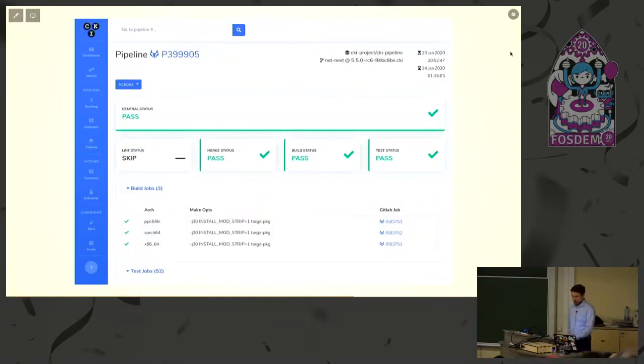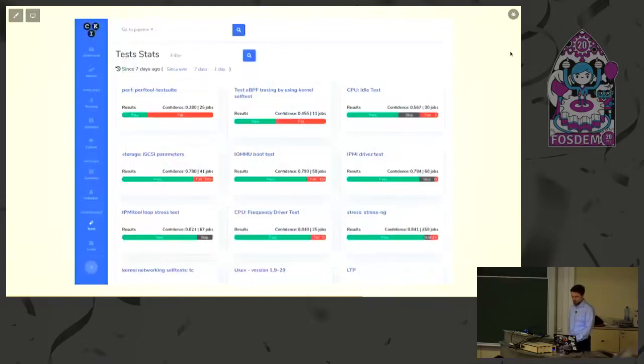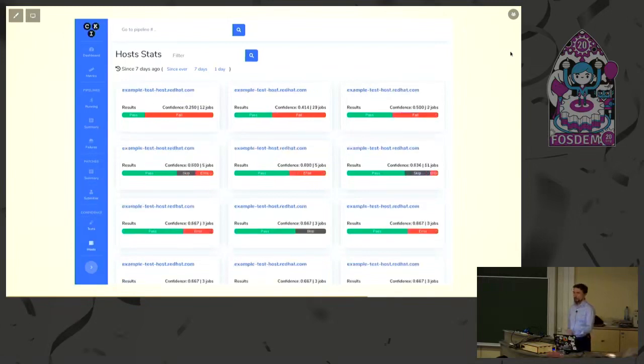And there's a particular pipeline listing all the tests and all the hosts, and you can go and see the results in Beaker, how it went. And we maintain the test statistics, how tests were failing or passing, for exactly the purposes of deciding when to waive a test if it's been doing badly, and then send it back to the maintainer and say like, okay, deal with it, or we can actually take it out of waived state if it's doing okay. And same for hosts, like if some hosts are misbehaving in Beaker,